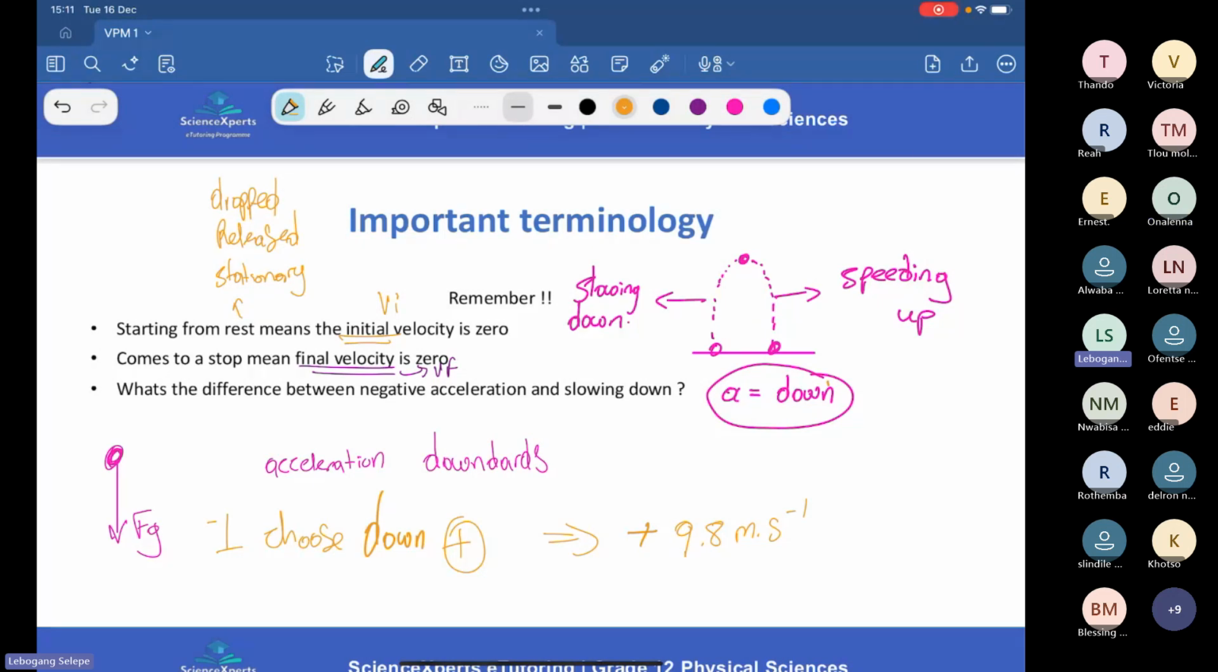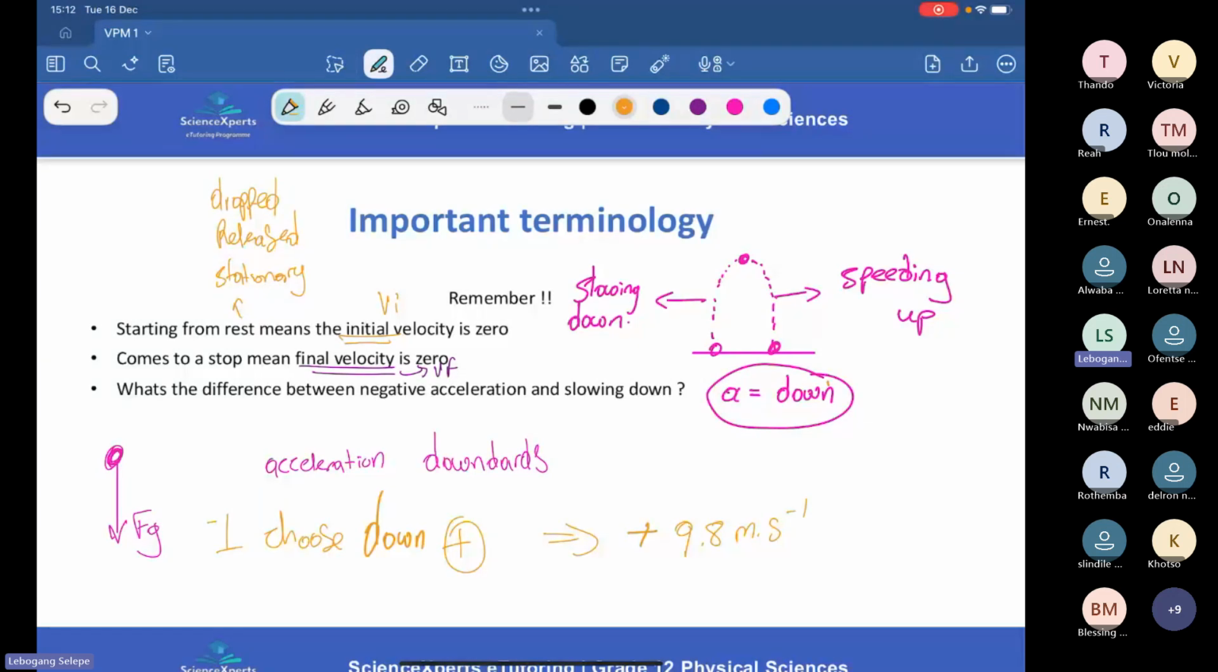Okay, sir. The part that I want to understand is where they are opposing each other, where the velocity is decreasing and the acceleration is increasing. What do you mean by acceleration increasing? Acceleration will never change. It will always be 9.8. What changes is the velocity only. Yes, right. So when the velocity is increasing